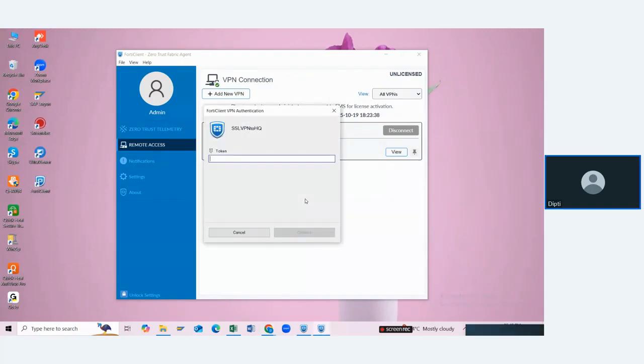Just let me log in to SAP. Once we log in, we can see how to do this in SAP.